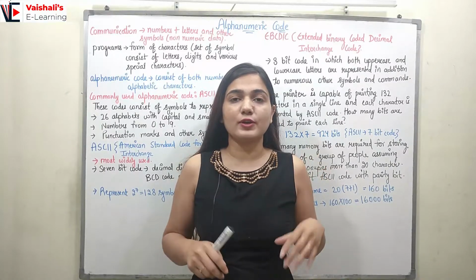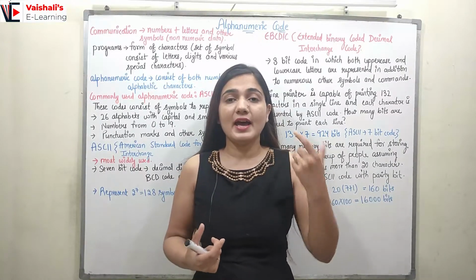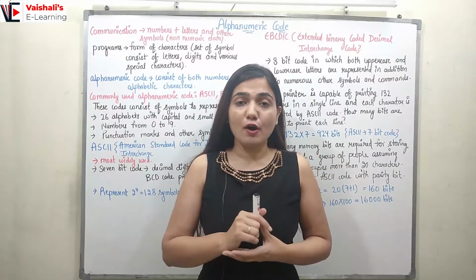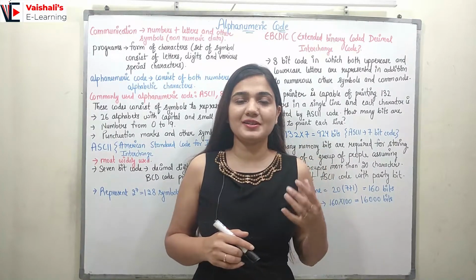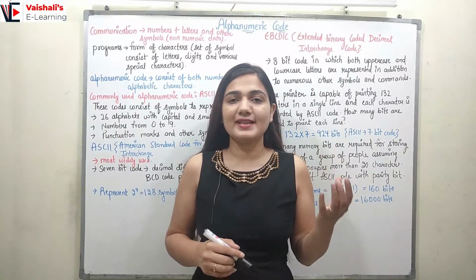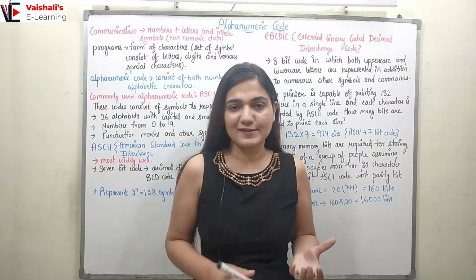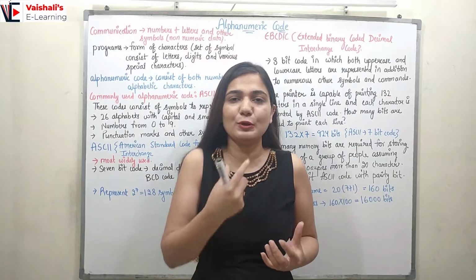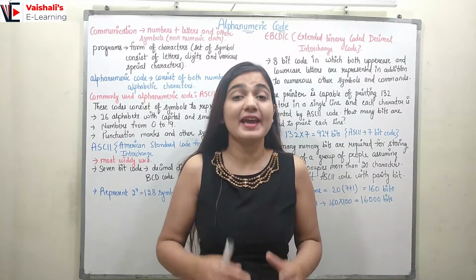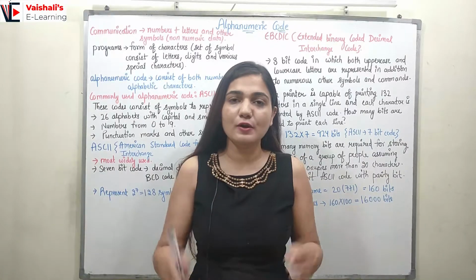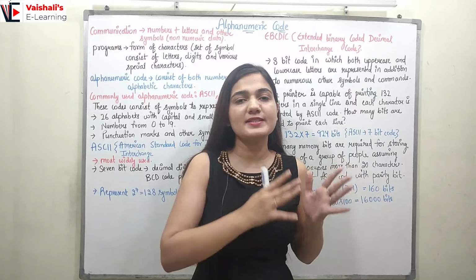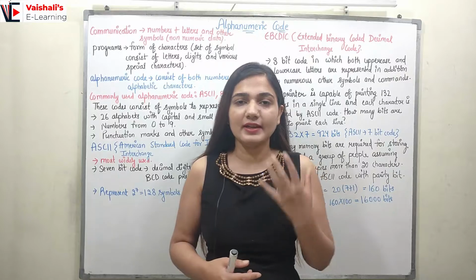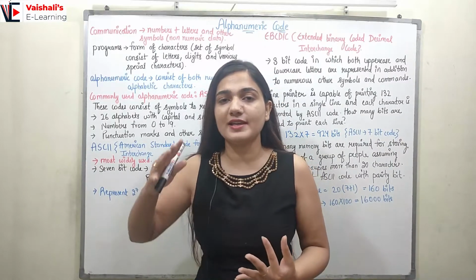So what are the alphanumeric codes? As the name suggests, it has alphabets as well as numbers, right? Communication makes complete sense when it has the alphabets along with the numbers. Only numbers cannot make a full message, right? If I'm talking to you only in numbers, you cannot understand what I'm going to say. So I have to use alphabets also. These alphabets plus numbers plus some special characters must be used for communication to be effective, and thus we require codes other than the numeric codes.